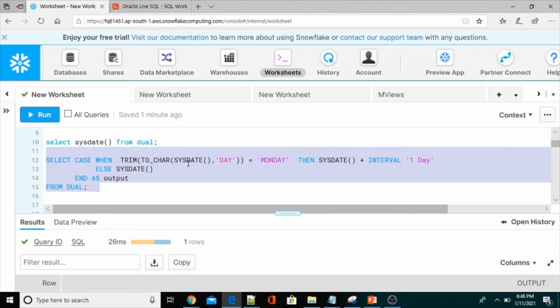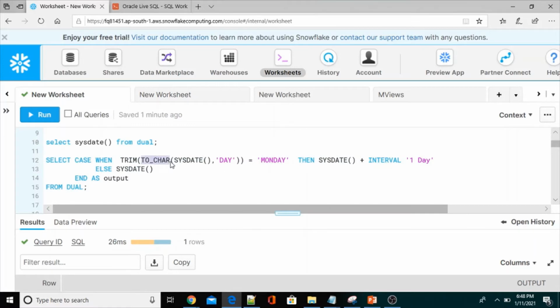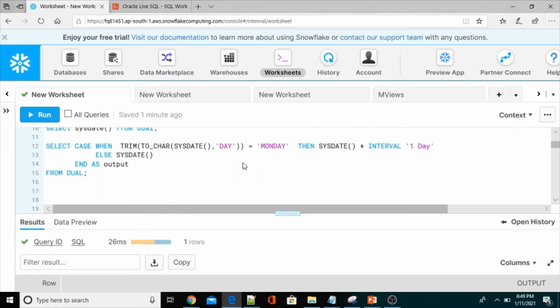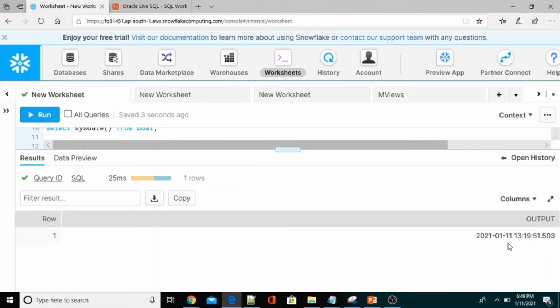Because toChar is taking the day format, and in Snowflake we don't have any option called DAY. Instead of that we have to use DY. Let me show you after changing to DY, and execute the same query. Now we see the output is still the 11th only.